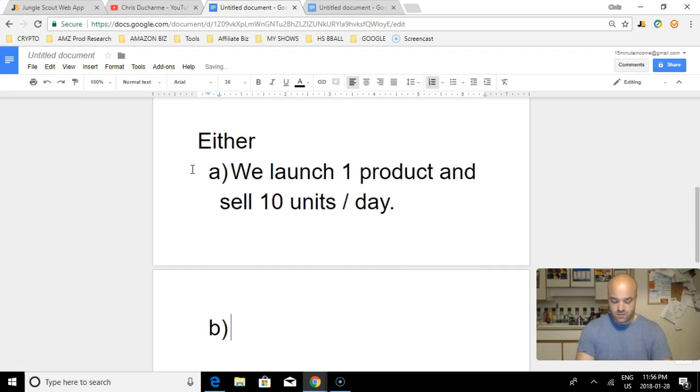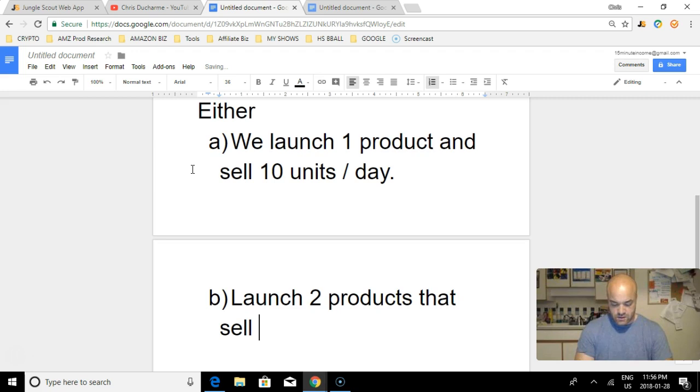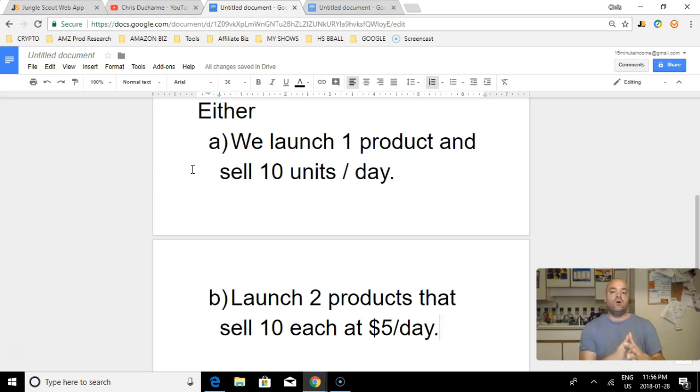Or B, we launch 2 products and that sell, say, 10 each at $5 per day. So $5 profit per day, and you have two of them going, and they're selling 10 per day each. That's a really easy goal, easy breakdown, and an easy way to look at it. Especially with the Amazon platform,